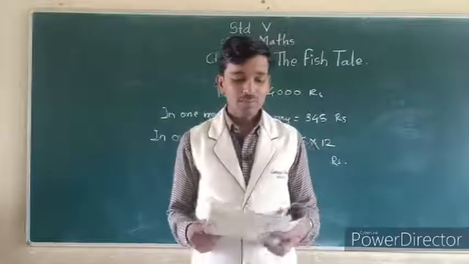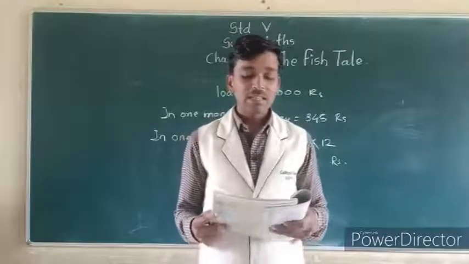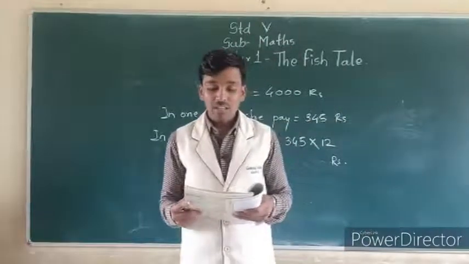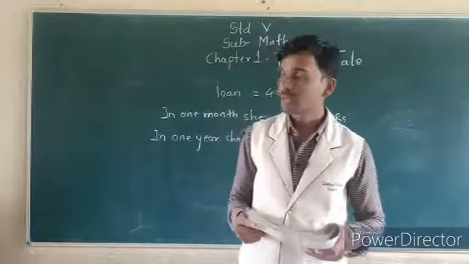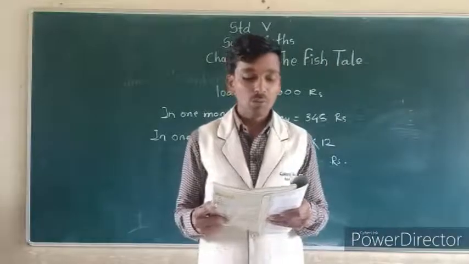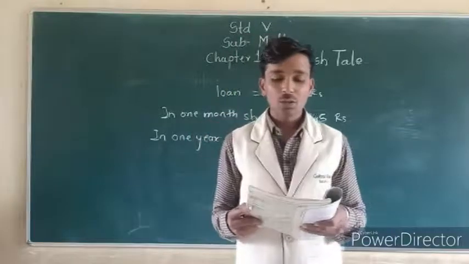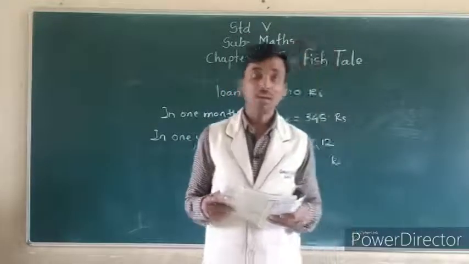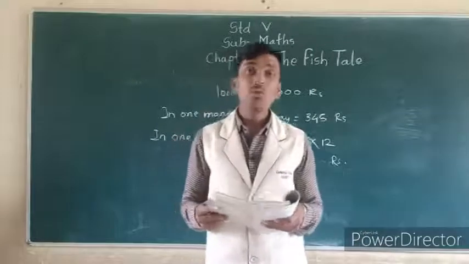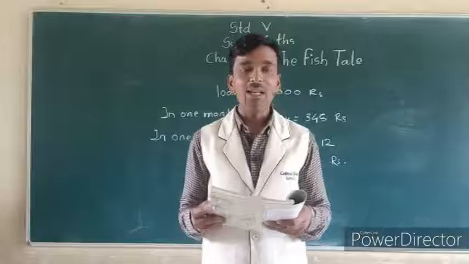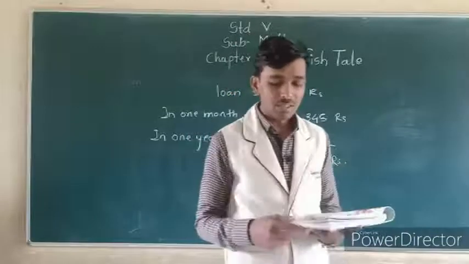Last question. Question B. Jancy and her sister took a loan of 21,000 rupees to buy a logboat. They pay back the total of 23,520 rupees in 1 year. How much did they pay back every month? Okay, see.